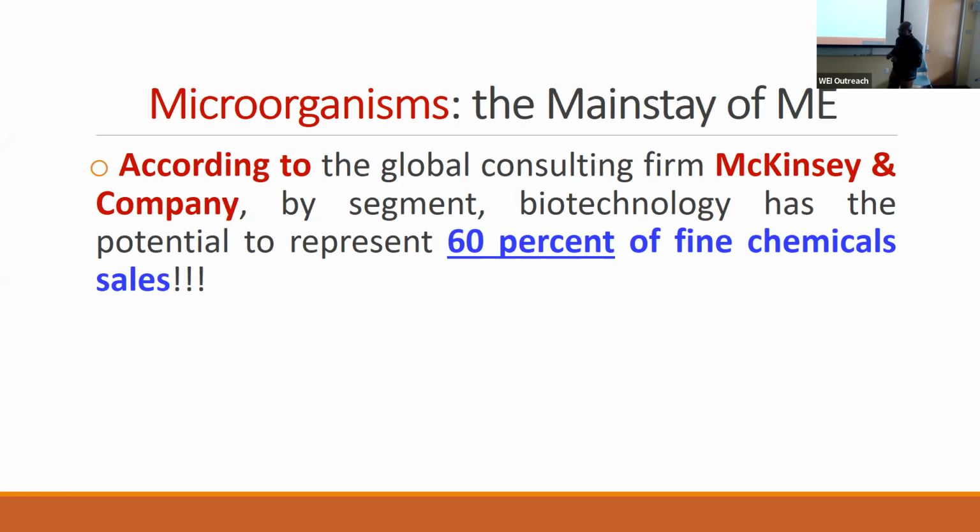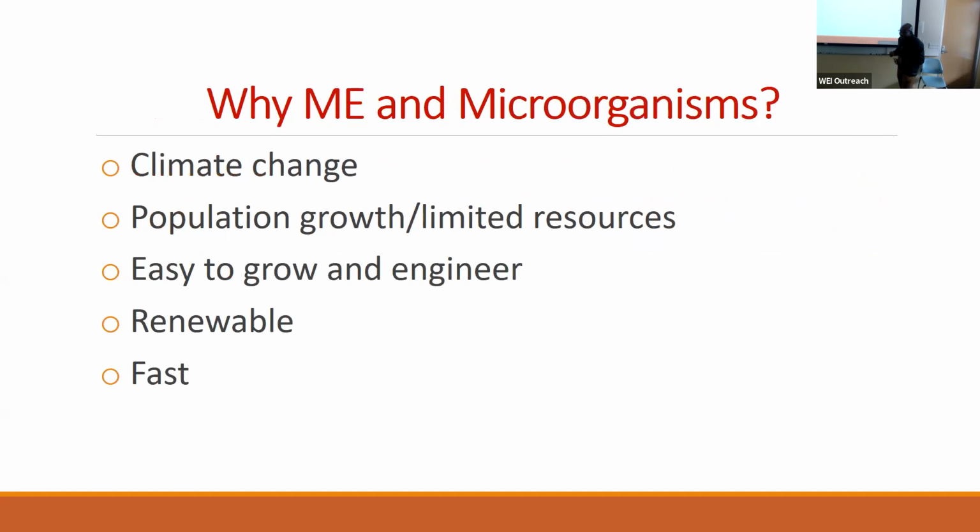According to the consulting company McKinsey, they've projected that in a few years, about 60% of the chemicals we use industrially will come from microorganisms for a lot of reasons. The first one is that we are worried about climate change. Now, if we continue to rely on fossil fuels, we'll likely have further issues with the environment. The other one is that our population is growing. What has that got to do with chemicals and fuels? The reason is